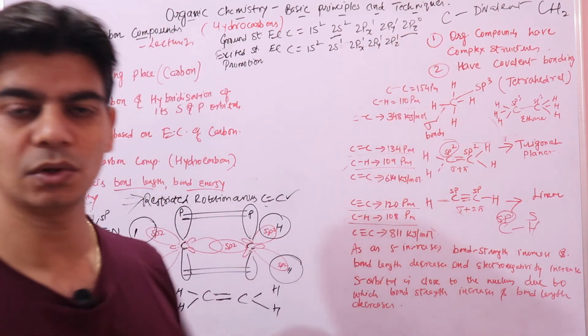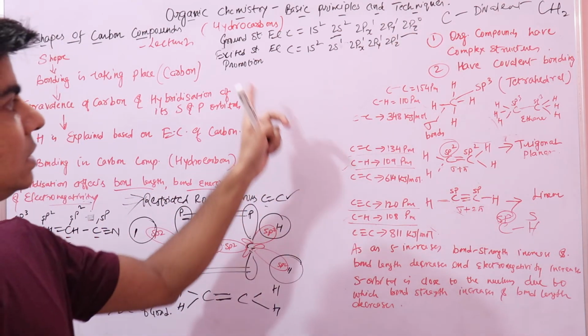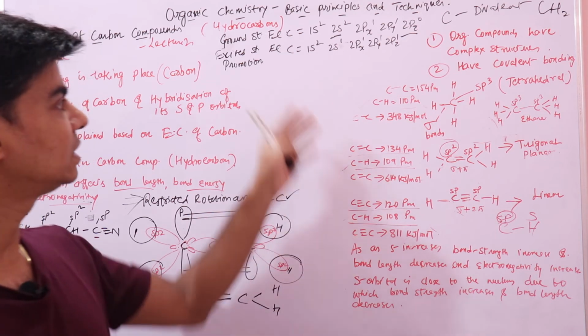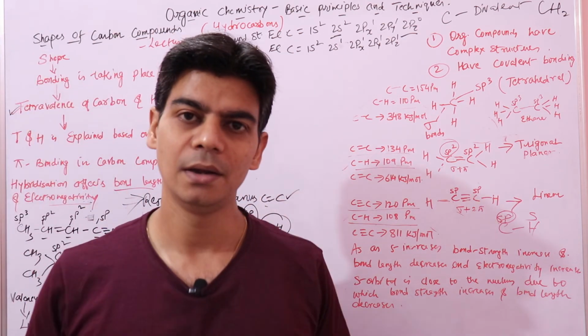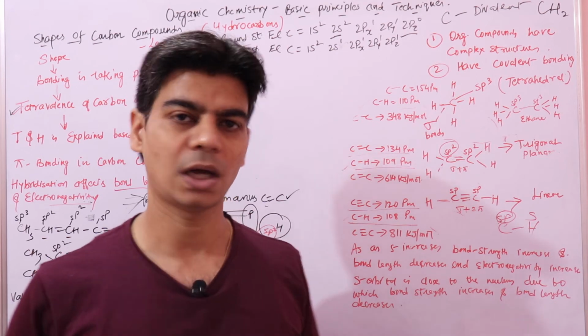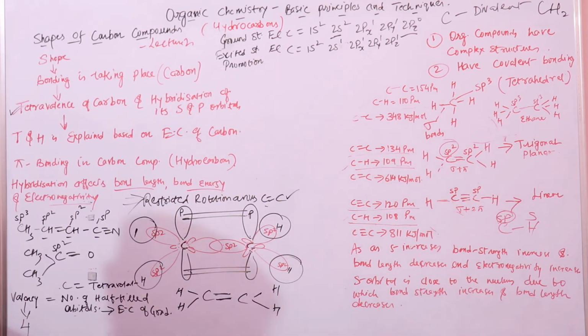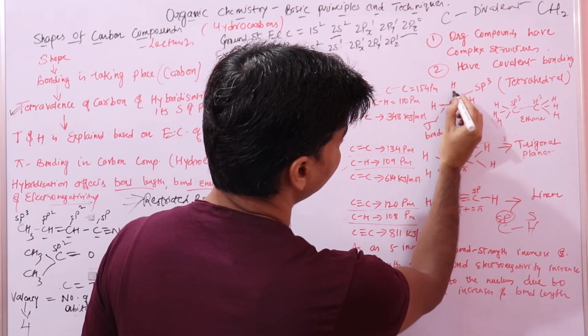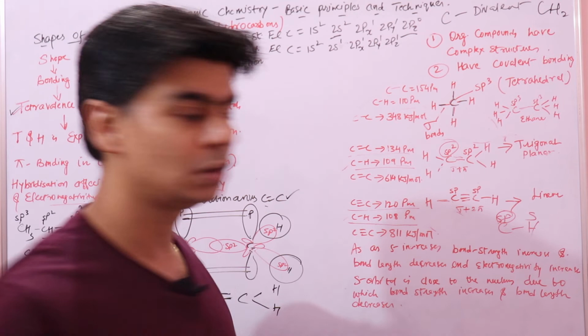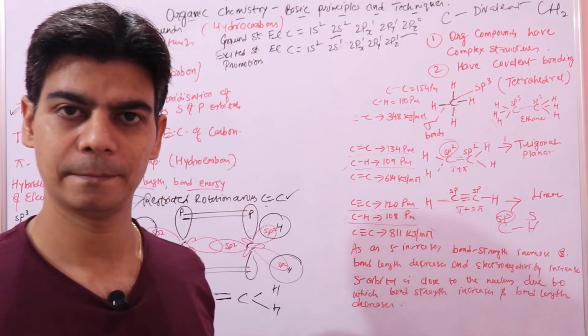So tetravalency is explained based on promotion concept, right? Tetravalency is seen only in the excited state electronic configuration of carbon atom. Now the second important thing is that all the 4 bonds in methane molecule are alike, they are same, right?